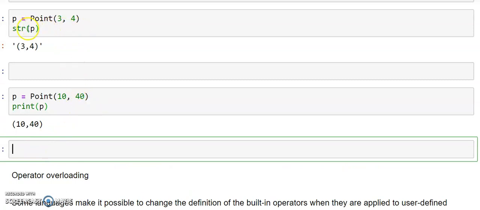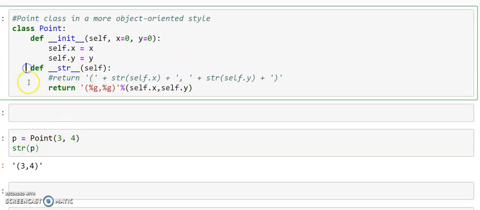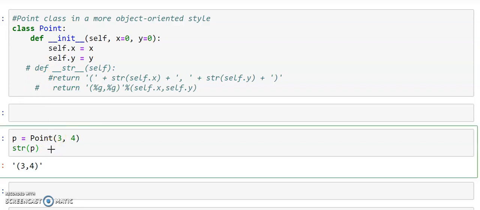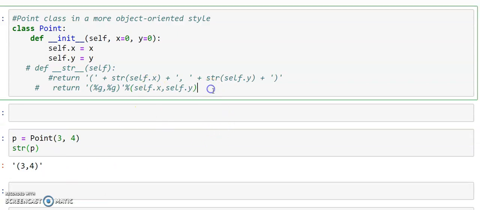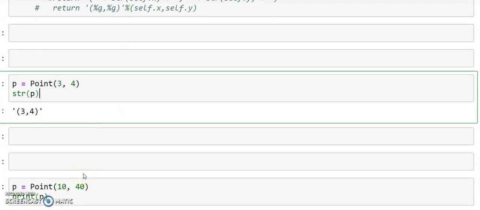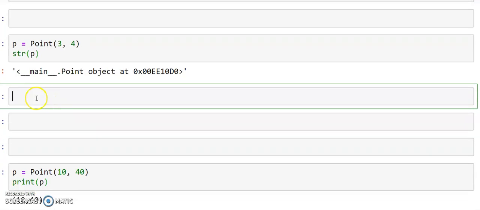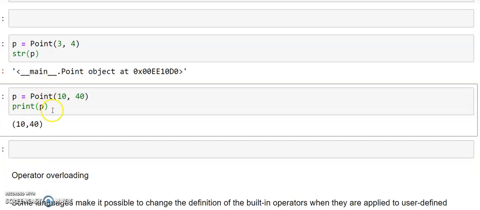So you might be thinking, what is the big thing in this? If I just use str, it automatically converts. If I just write print(p), it has to print where it is invoking this. If you have that confusion, we'll just comment this out, and we'll come to know how this works without this. When we execute str(p), the result will not be the same as what we got earlier. What we are going to get is the name, what type of object it is, and what its ID is. The same result you are going to get with print as well.